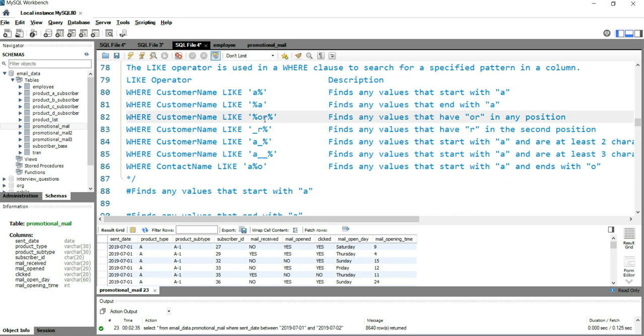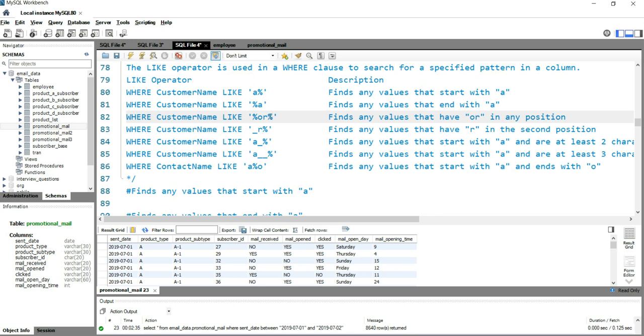If you want to find a particular string, for example, my name is Atul, and I want to find all those names which have T and U in between or at any position, then I will be using this percentage sign on both sides, in the starting as well as at the end.